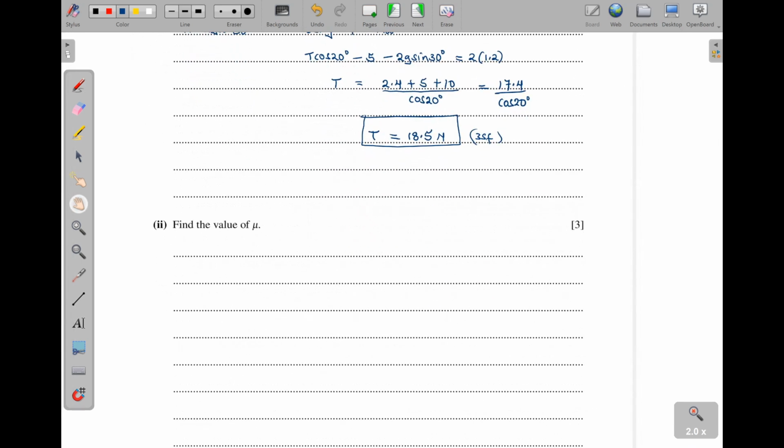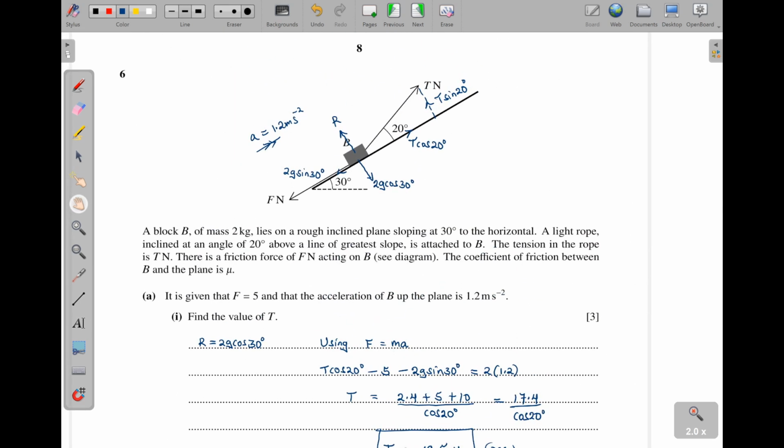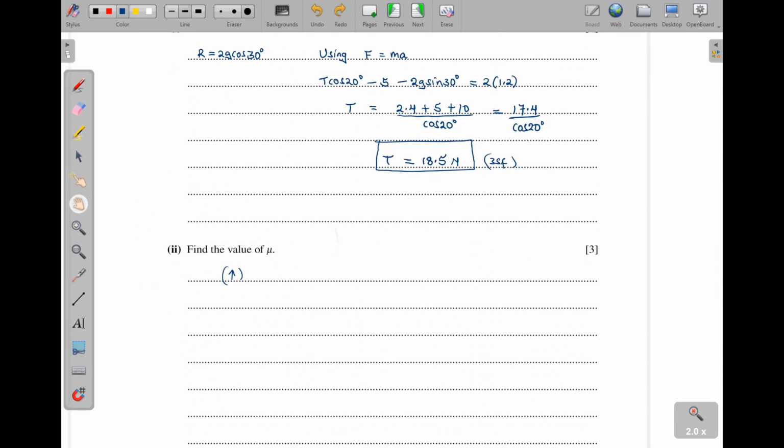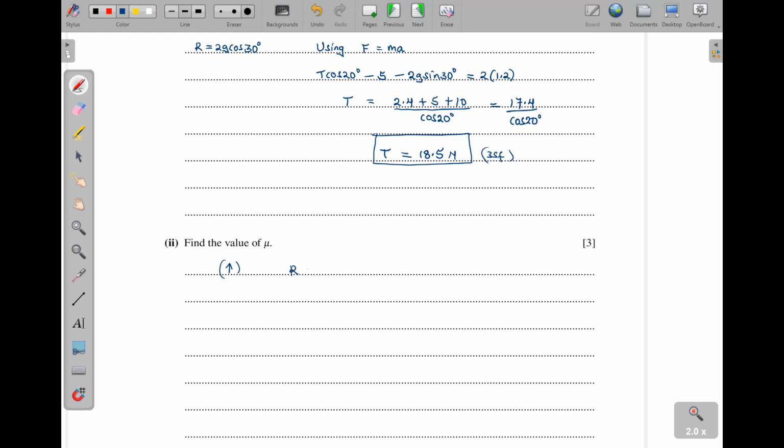Then Roman 2, find the value of mu. Now, when we look at the forces resolved vertically, or perpendicular to the plane, there is this R plus this T sine 20. Then it will be equal to that. So we shall have R plus T sine 20 equal to 2g cosine of 30. So meaning R is going to be equal to 2 times g